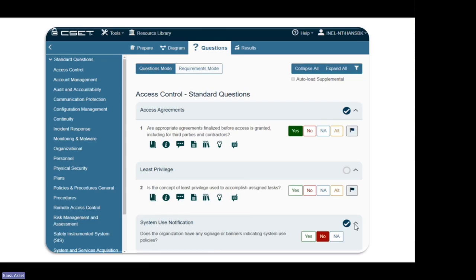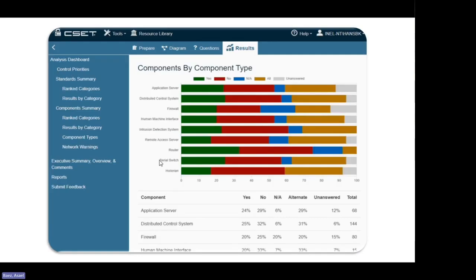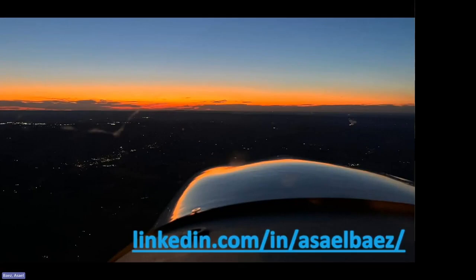So again, this is a free tool, and this is how it looks. You would answer some of these questions here. You could say yes or no. I grabbed these screenshots from the website, by the way. If you say no, it puts it in a different category. NA means doesn't apply. And then here you could put some comments. You could also flag it to go back to it if you don't have the information already available. This is pretty much what's going to tell you: if you answer no, you're going to see it here. Obviously, you want to see as many yes as you can, depending on the questions.